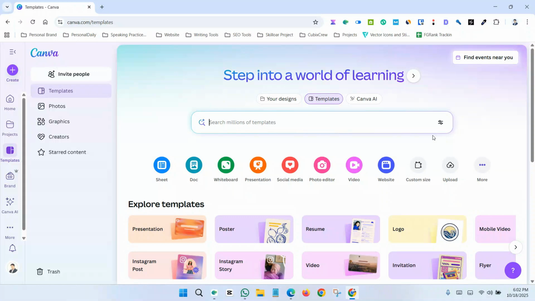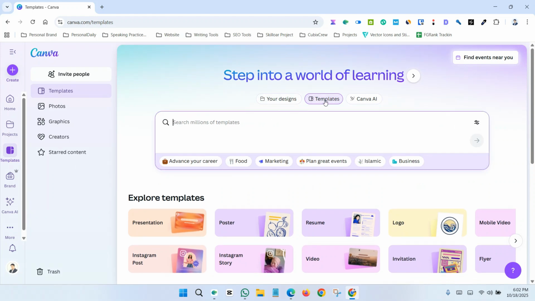In this video, I'll show you how to make a Canva presentation like a pro. First, log into your Canva account, and you will land on the Canva dashboard. Now, click the template section, and search presentation,